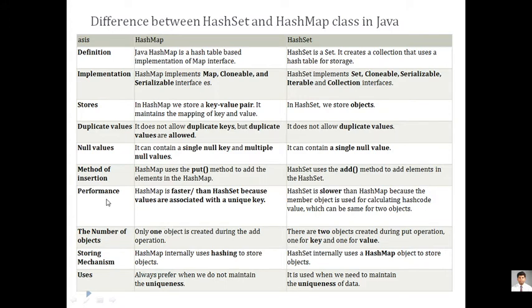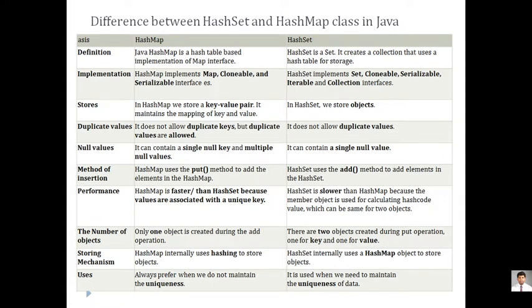As far as performance is concerned, I already said that if you are talking about performance, 100%, because it is doing linking with one another, hash map is faster than a hash set. As far as the performance is concerned, hash map is faster because it has the values associated with the unique keys. So as there are unique keys added, automatically it is faster. Whereas this hash set is slower than the hash map because here all elements are considered as an object. So object execution takes more time than a key execution. So this is again as far as performance is concerned.